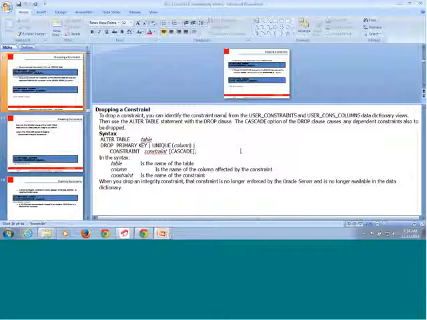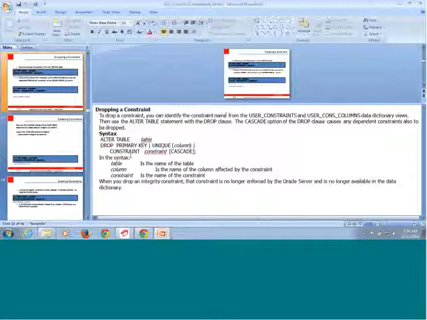With the constraint name, I can get the constraint from USER_CONSTRAINTS and USER_CONS_COLUMNS in the data dictionary views, where it is all stored. Then with the query ALTER TABLE table name DROP PRIMARY KEY or the unique column constraint, it is going to drop it.